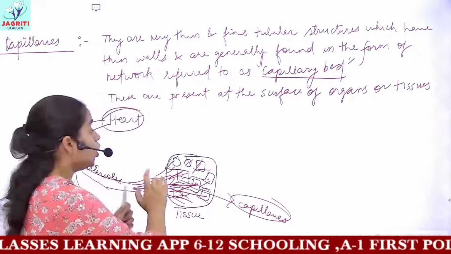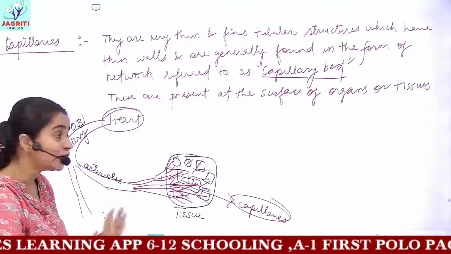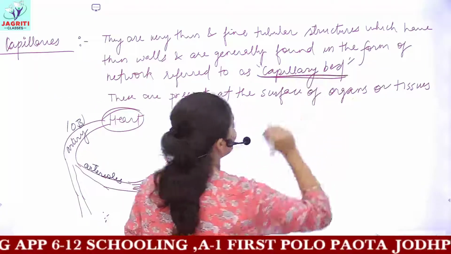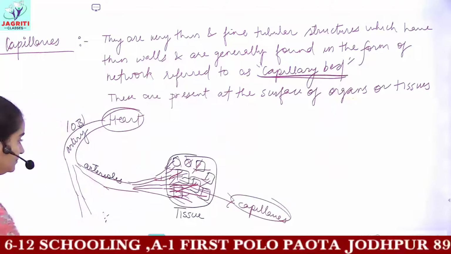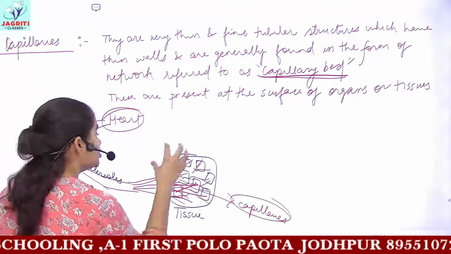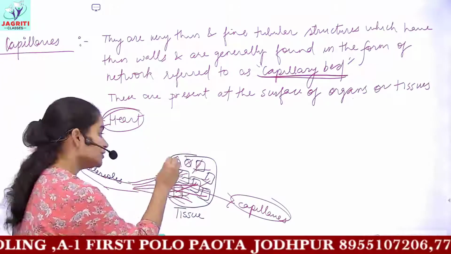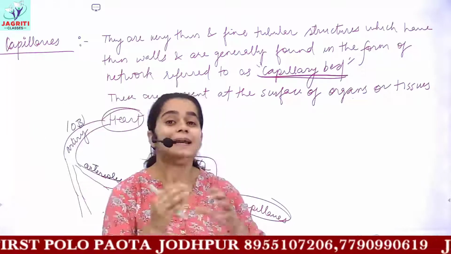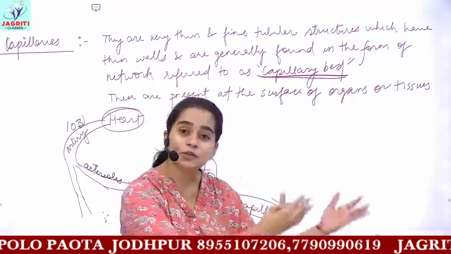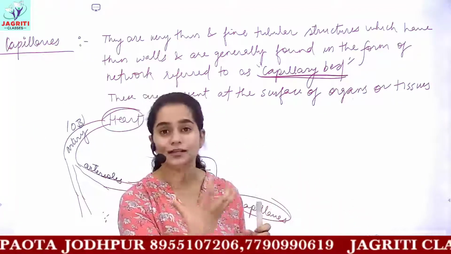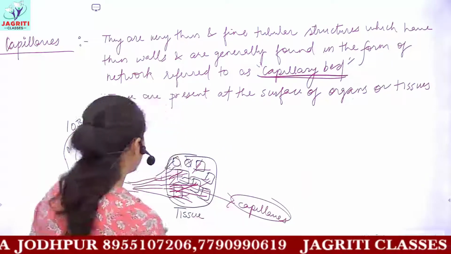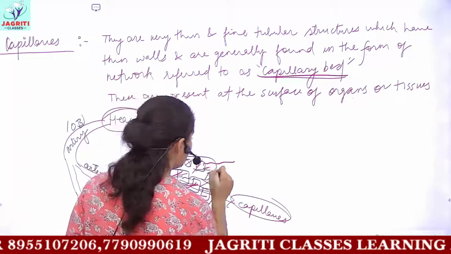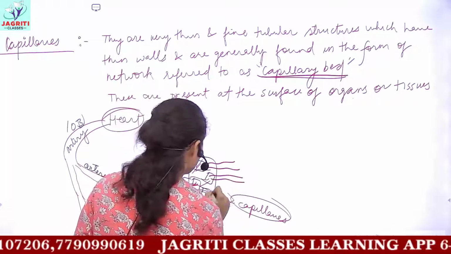And so, on the surface of any tissue or organ, you have a network of capillaries. This network is known as capillary bed. Now, when each and every cell gets oxygenated blood, it performs its metabolic reactions, and then it also excludes or releases waste materials, okay? Each and every cell releases waste materials, and these waste materials are also carried away by the capillaries.